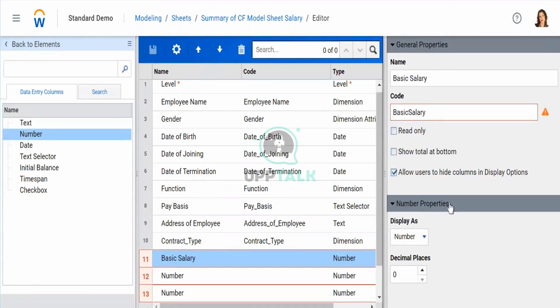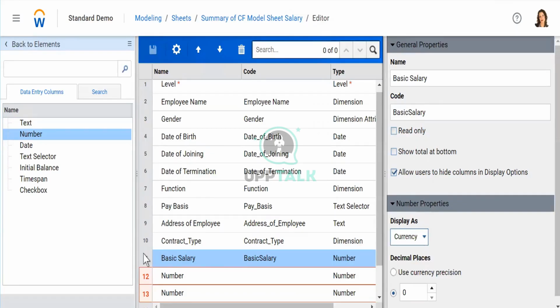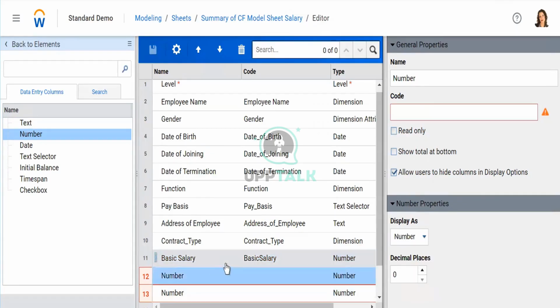Can you see this display? Here there is also currency and percent. Suppose there is a percentage number, you select percentage. If there is a currency, then currency. At the moment, basic salary is a currency. You have to do this currency. Here again, I would say variable salary.